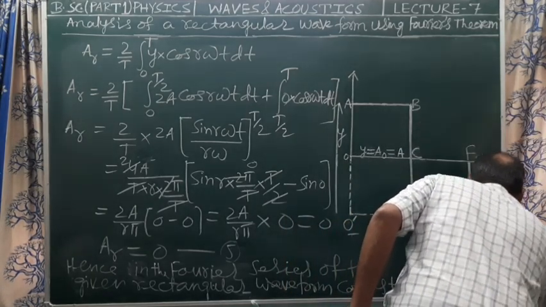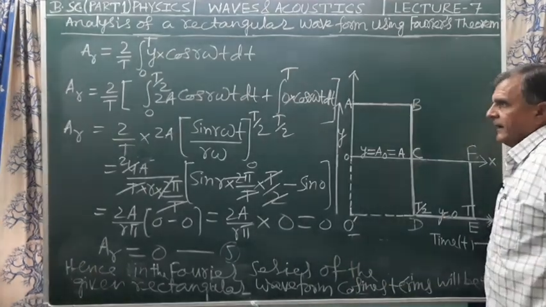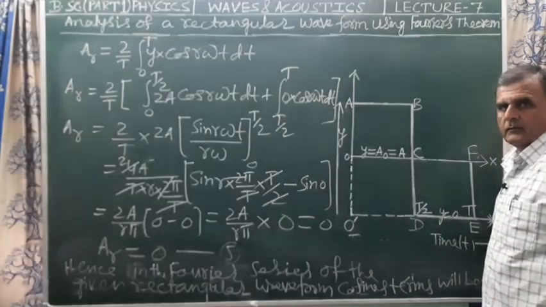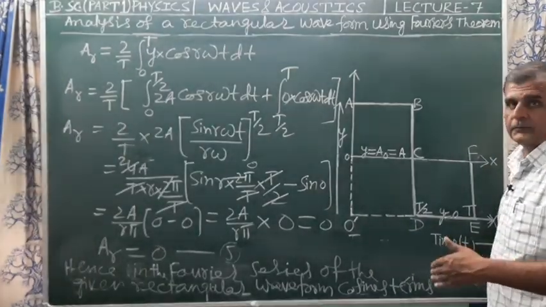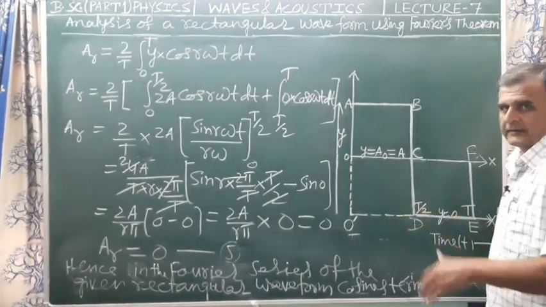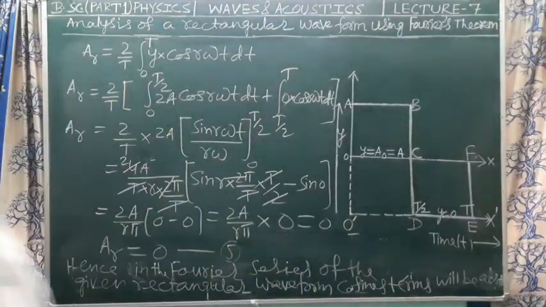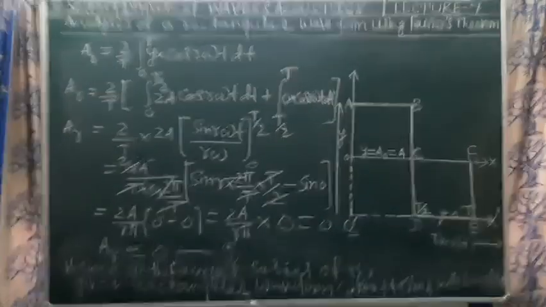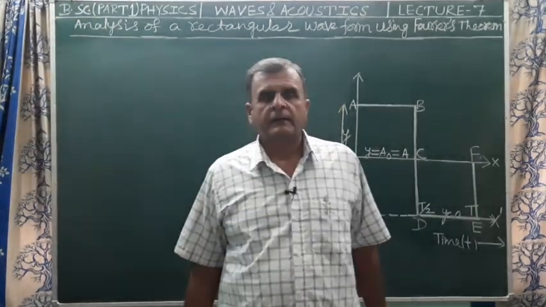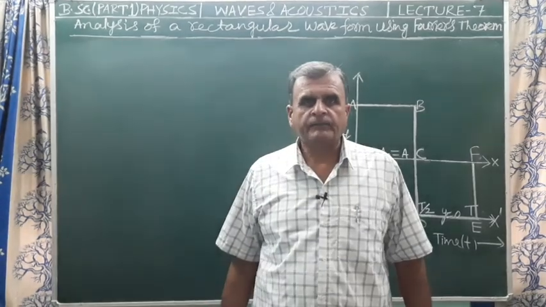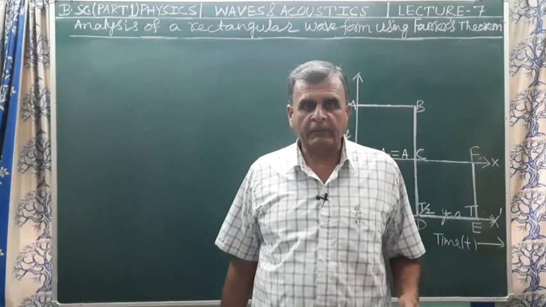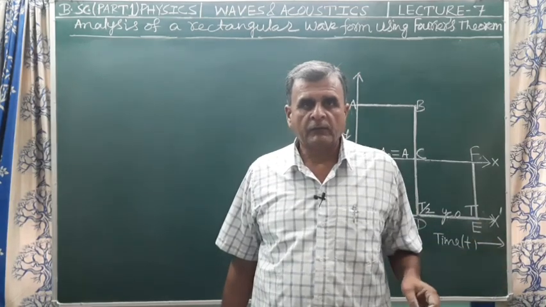Therefore, although we have obtained A naught equals A, AR is absent, AR is 0. So now we have to evaluate the value of amplitude coefficients BR of the sine terms in the Fourier series. Lastly, we have to evaluate the amplitude coefficients BR present in the Fourier series given by equation 2